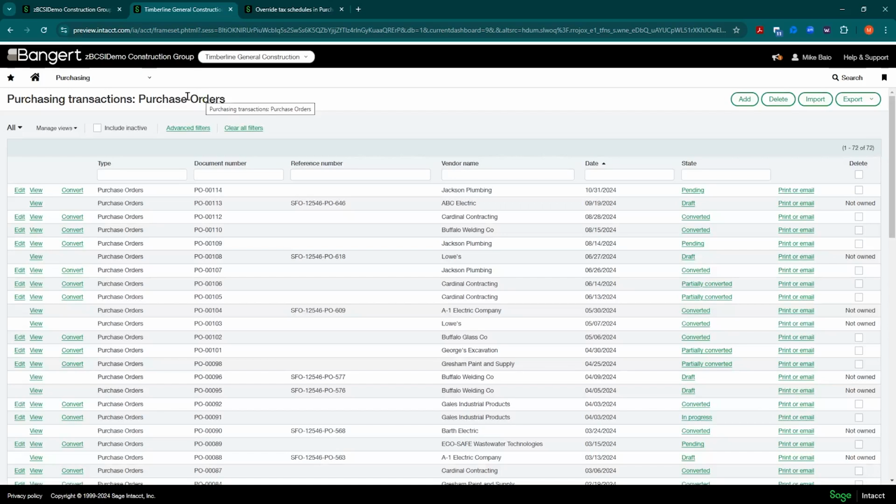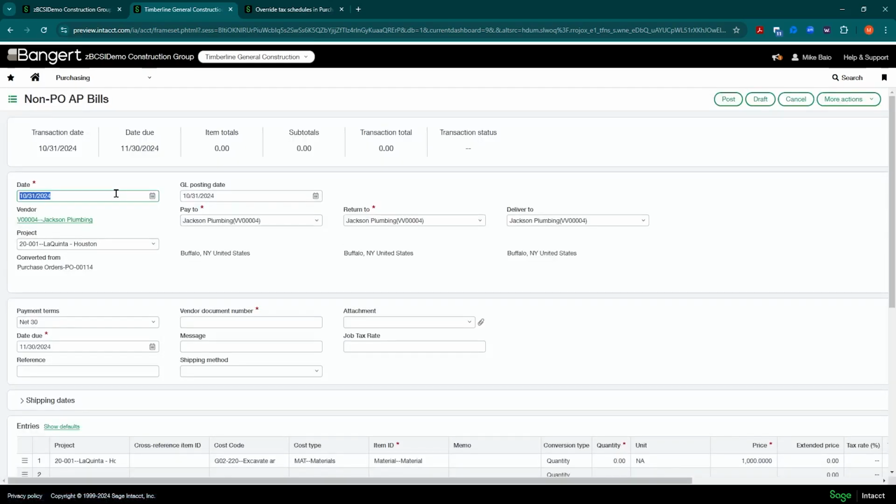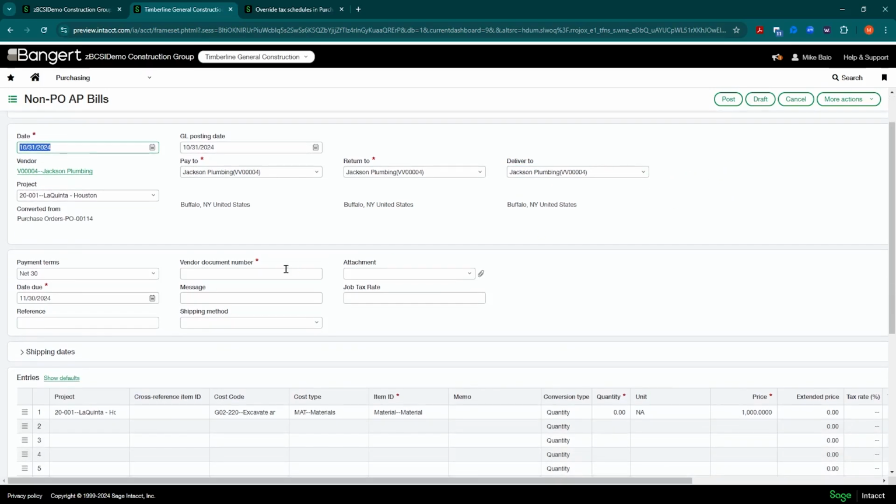Now the bill comes in, and we're going to go ahead and do our normal process here. We'll come into that purchase order, and we'll convert it. And I'm going to convert it into this AP bill, this invoice transaction definition. And this one has tax set up in it. So when I convert it now, it pre-filled everything in along with the deliver to. And those who use the advanced tax know how important the deliver to is. When I get down to here, you're still going to want to fill in a vendor number.